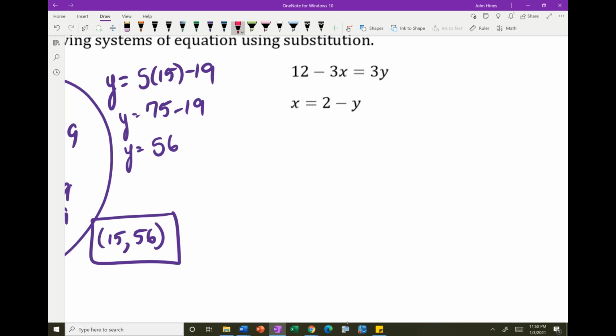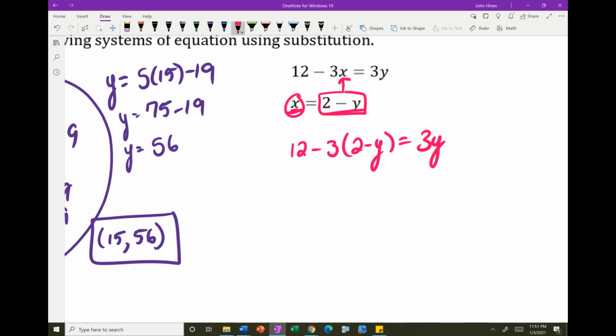All right, I'm looking for any variable that's... oh, there it is. X is all by itself. It's all alone. So wherever I see an X, I can really replace that with 2 minus Y. Wherever I see an X, I can replace that with 2 minus Y. So 12 minus 3X